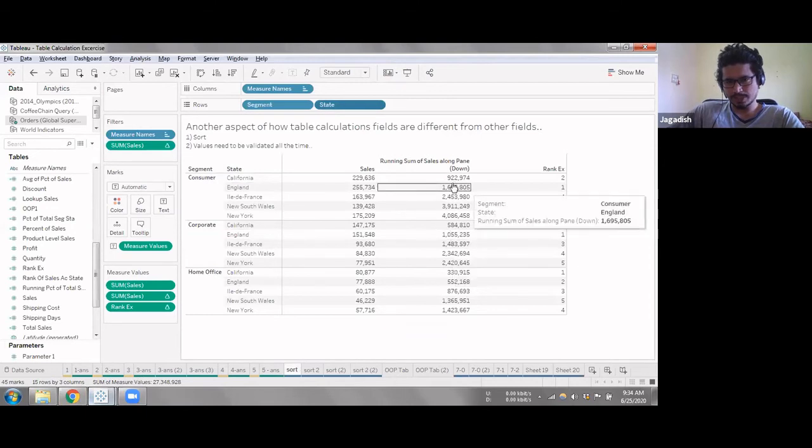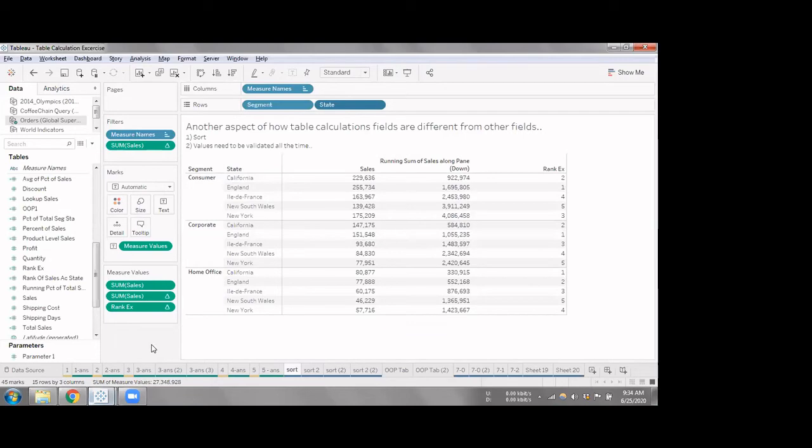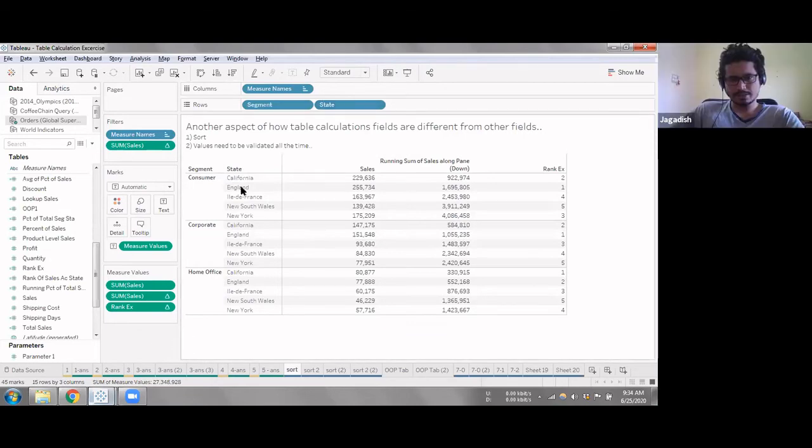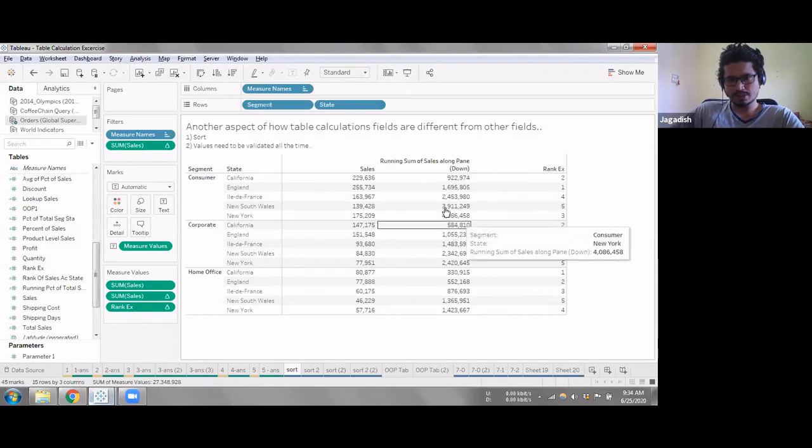That's why these values are not what we are expecting. So is that clear, the concept? Yeah, it is. So it's important that we understand this and use them appropriately, in the manner that they are intended. So that is one thing.